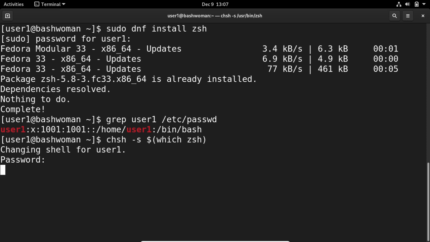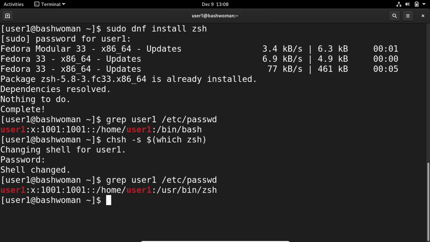It's now changing, and yes, the shell changed. If I run the command again, you will see that the shell has changed, but the prompt symbol is the same. It's not changed.